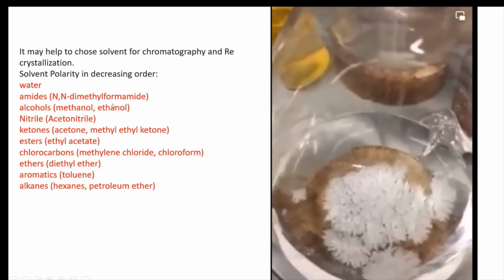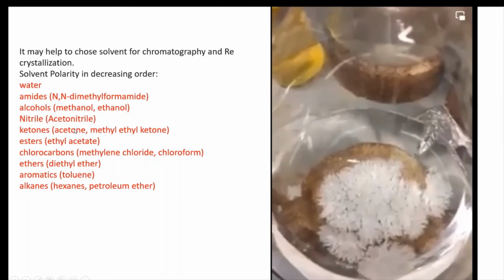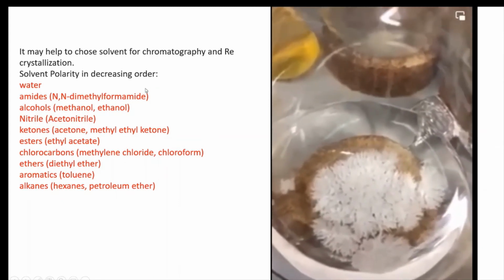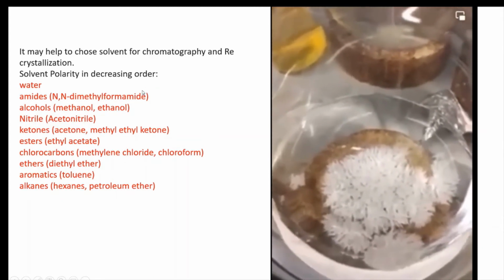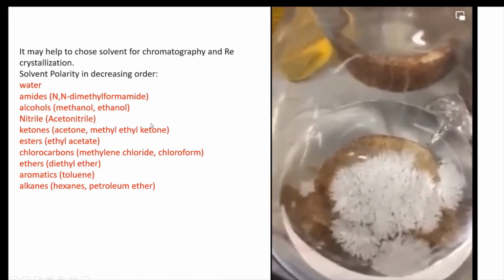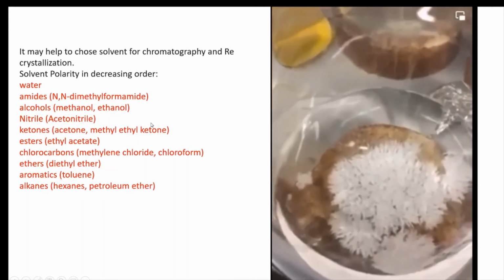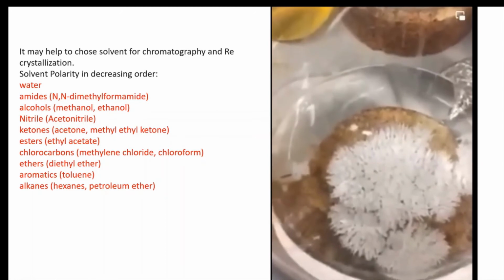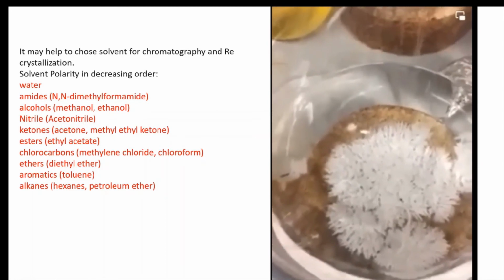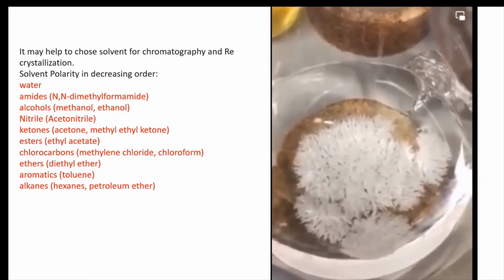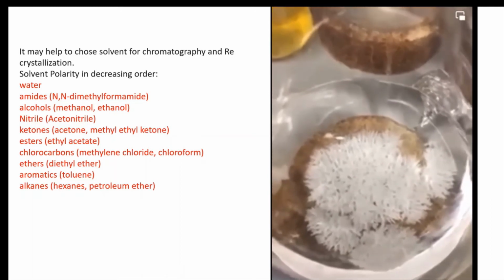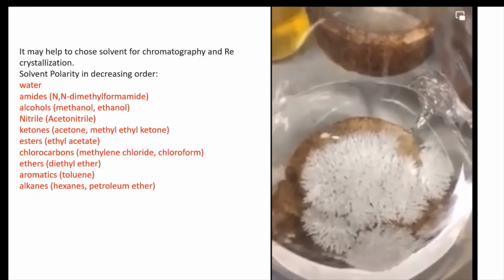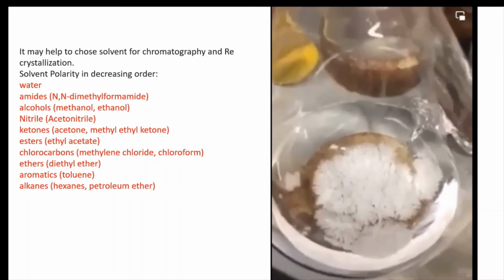Here I am showing a solvent list where the polarity decreases as you go down. The most polar solvent is water, and then amides like N,N-dimethylformamide, and also another solvent, DMA, dimethylacetamide,